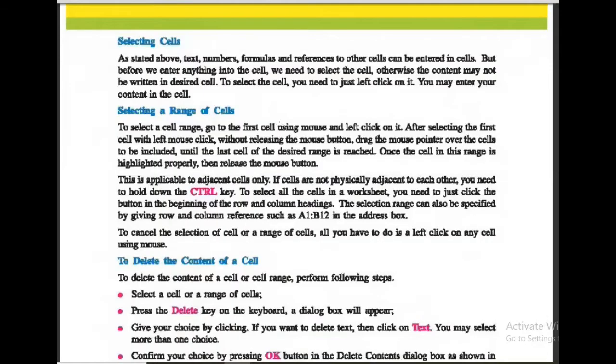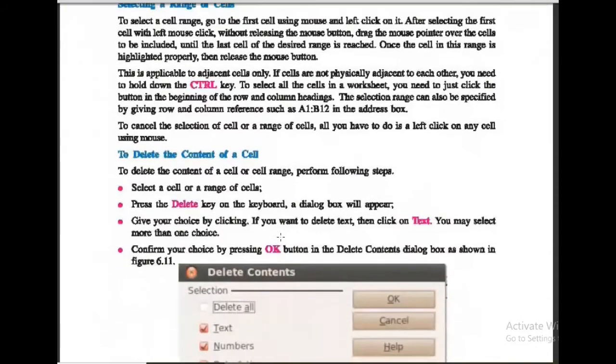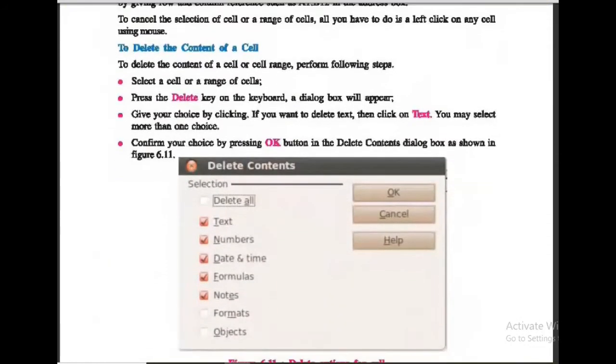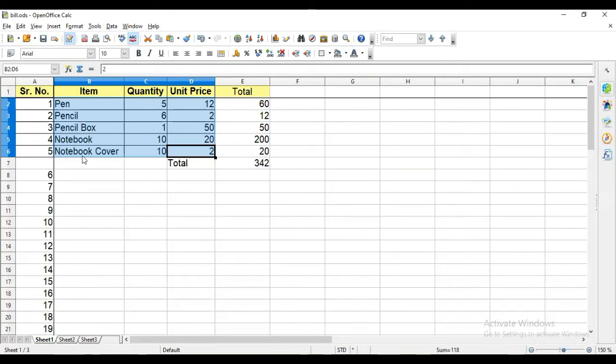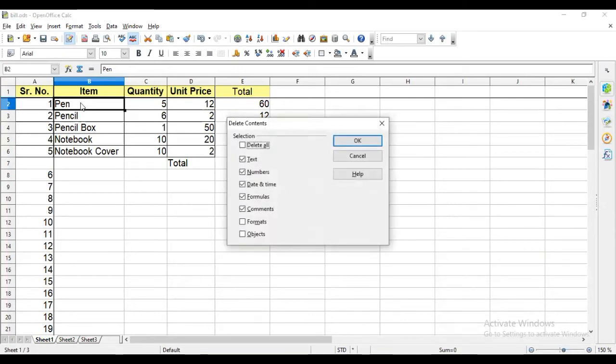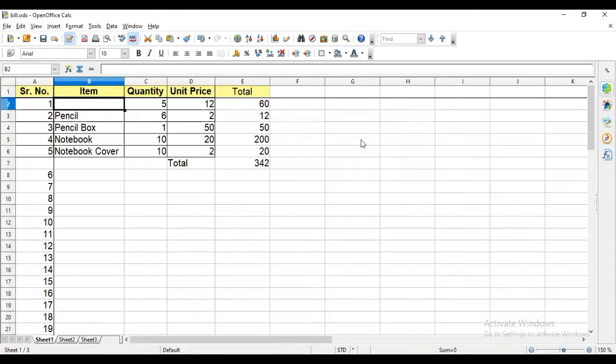Then the next operation is deleting the content of a cell. For example, if I want to delete this, select that cell and press the delete button. And here it is asking me what I want to delete. If I click on delete all, then everything inside this will get deleted like this.